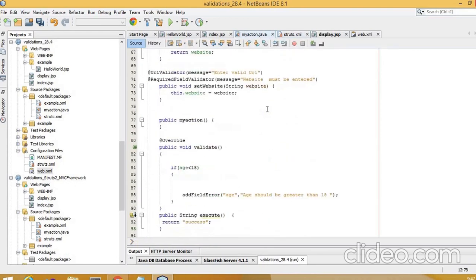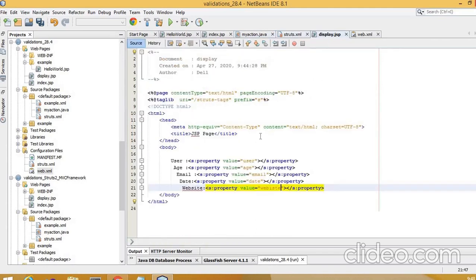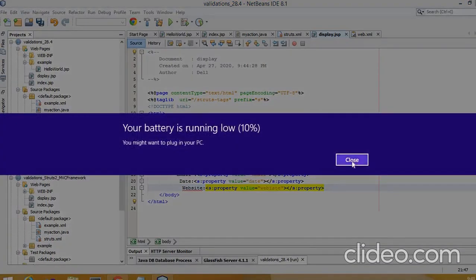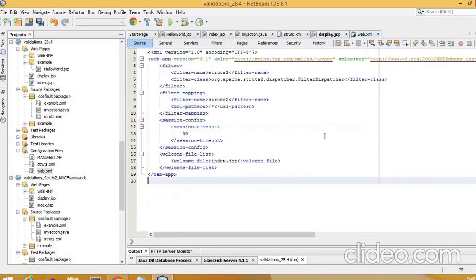It will do the validations. Once it is success, then it will go to the display.jsp file. Here we have created display.jsp, which will be showing us the things after doing the validations. And the web.xml file which we have created is again for welcome file mapping purpose.